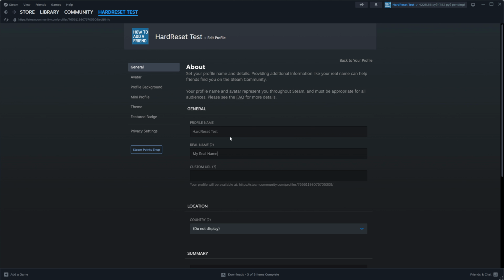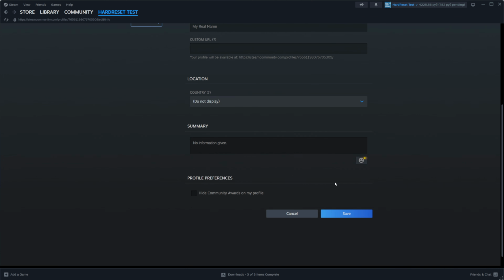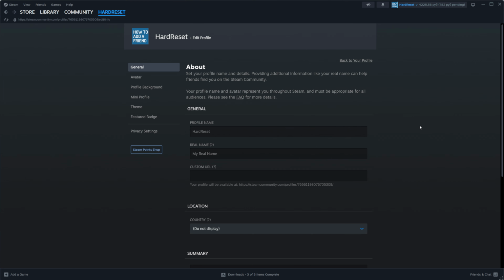By the way, at the same time we can also change our profile name. And then once you are done with that, just don't forget to click at Save to apply the changes. As you can see, my username or profile name has already been changed, but where we can find our real